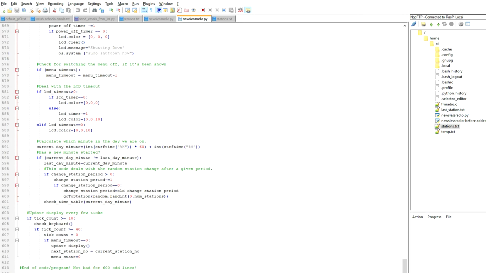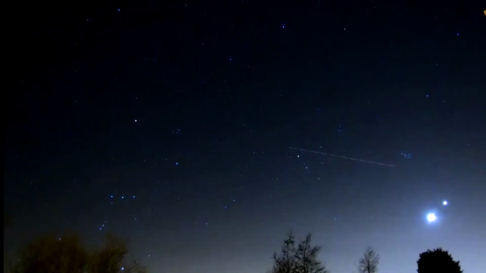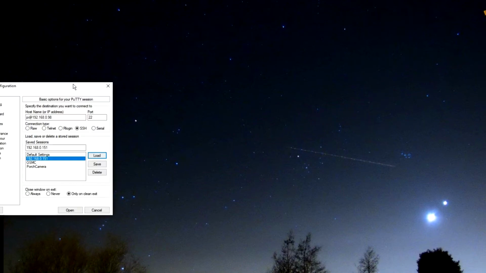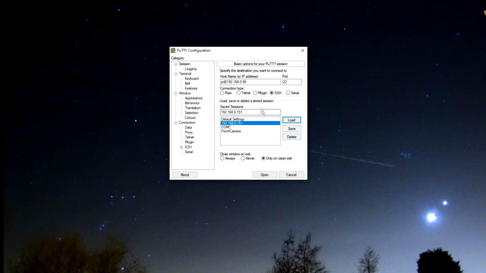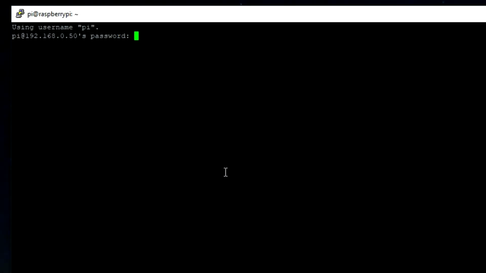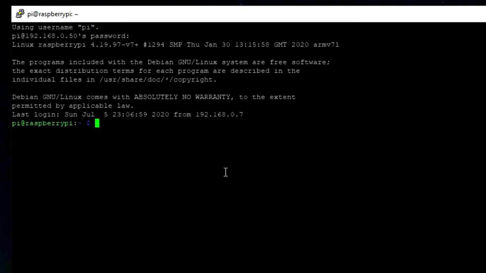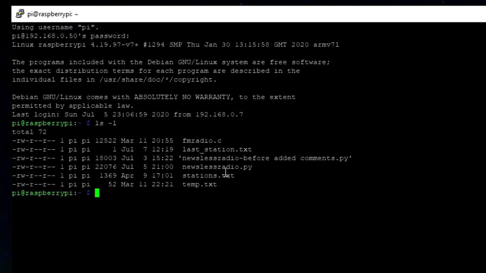So the only other thing then is within the actual Raspberry Pi system, we need to log in. For example, I'm using PuTTY here. I'll just drag this across, change that to 50, and then I'll open. So I'm logging on now to the streaming radio. Just put in the password which I've got set, and there. So if I just do ls, in fact I'll do ls -l, and you'll see I've got the files there